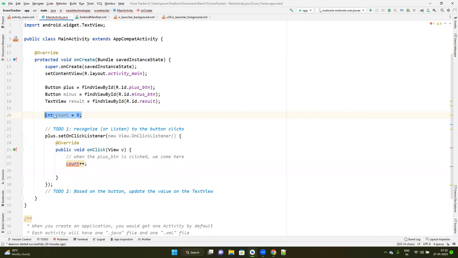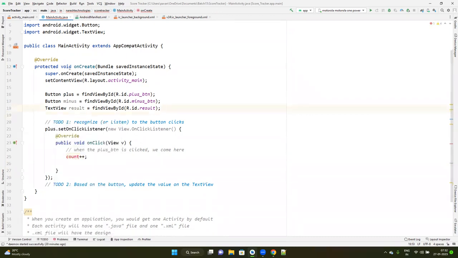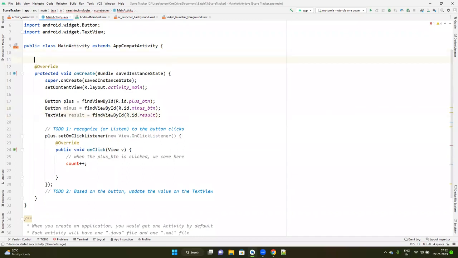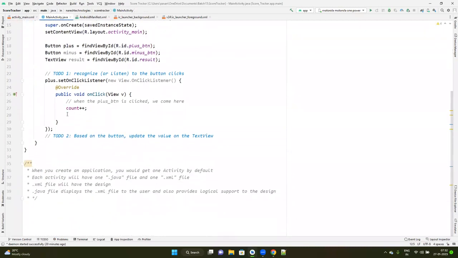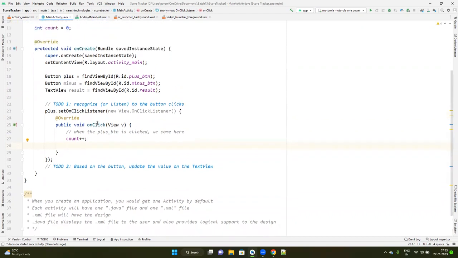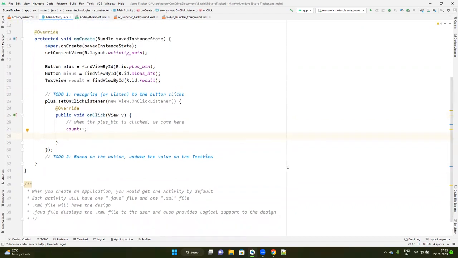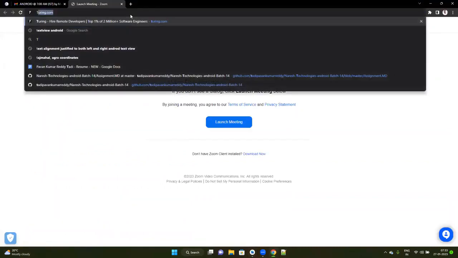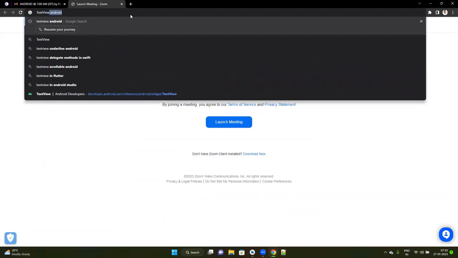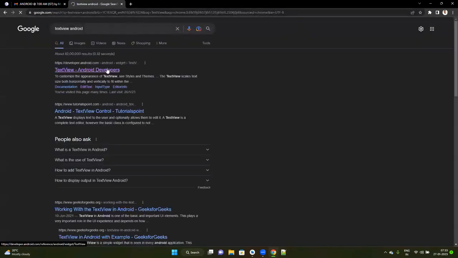Okay, no problem. You can take this int count, cut it from here and place it in the global space, like for the entire class, I would say. Now there is no error. After incrementing the count, can I directly display it on the text view? I hope we cannot. Because if you see the text view documentation,